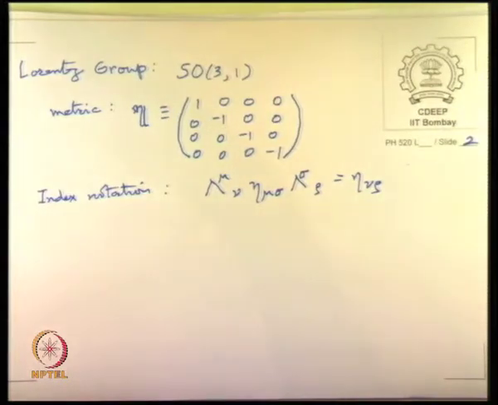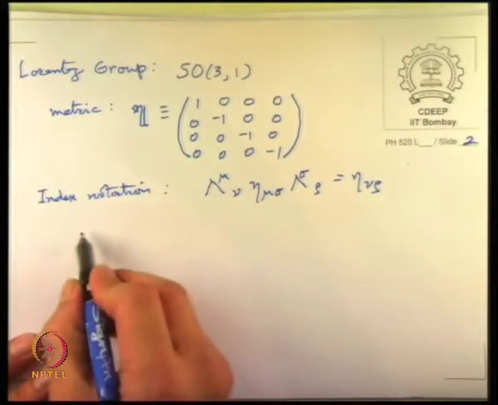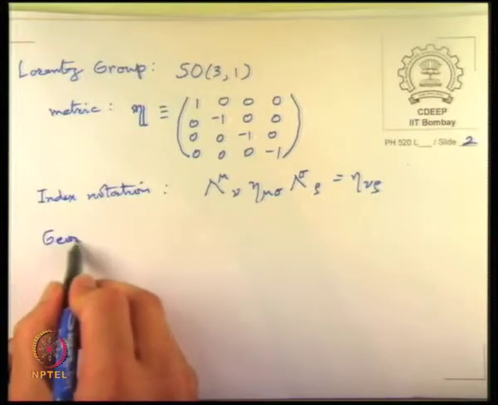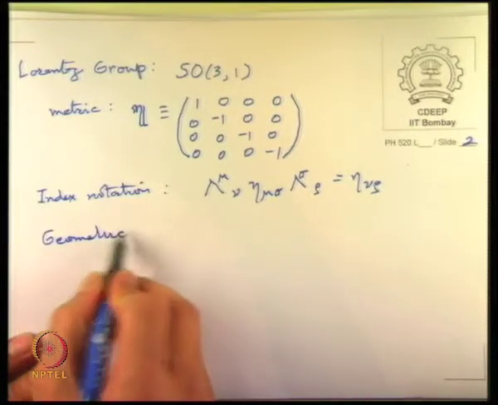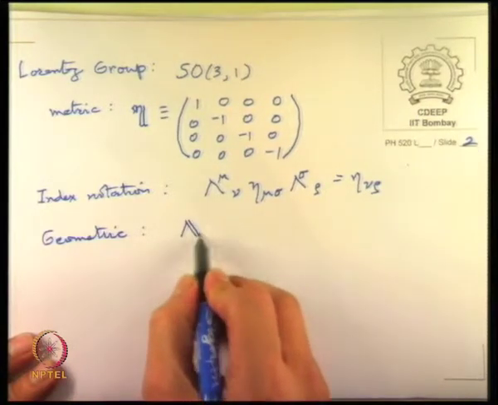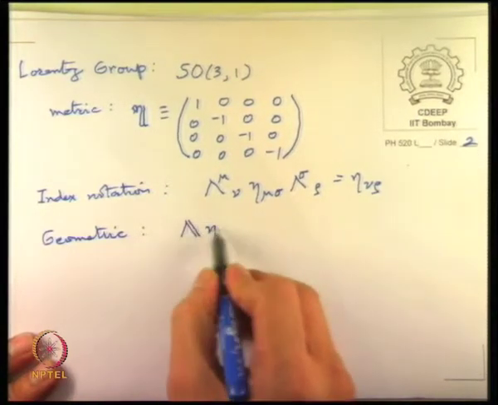So that is the index notation for the Lorentz group lambda matrices, or the abstract matrix notation geometric statement is that these lambda matrices times eta